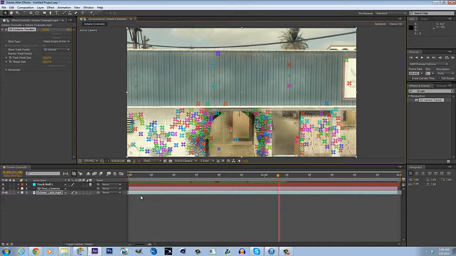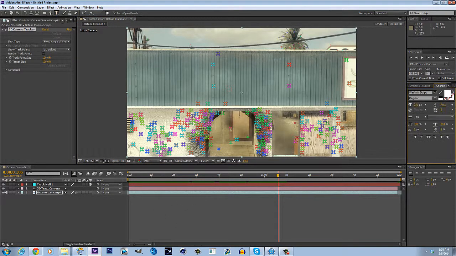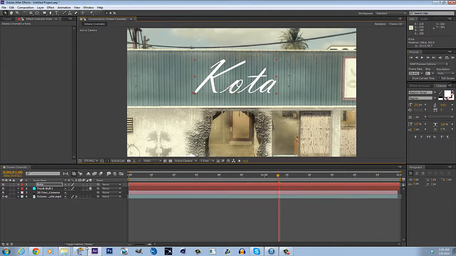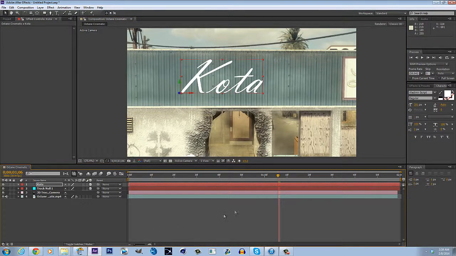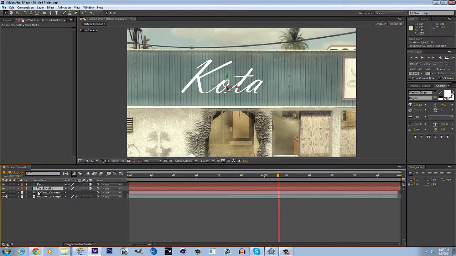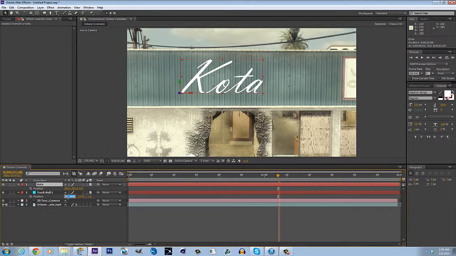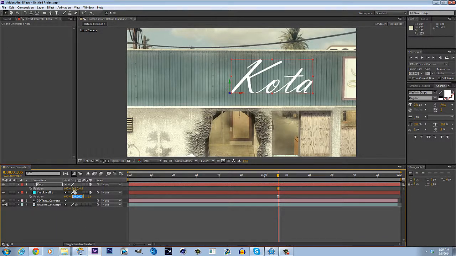Now once you do that, you're going to need to go up to this text tool and type in whatever text you want. I'm gonna type in Coda and put it right there, and go over to your text layer, and this little square right here, click on it. It makes it a 3D layer, and press your track null, press P, and then go up to your text layer and press P, and then click on the position for the X and copy it and paste it with Control C to copy and Control V to paste, and do all of these,